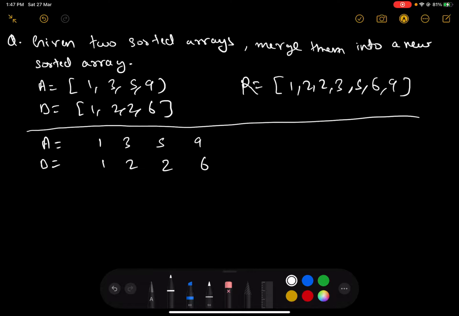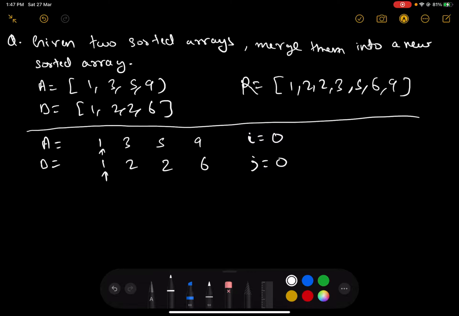I will establish two pointers. The first pointer will point at the first element of A, and the second pointer will point at the first element of B. Let's identify the first pointer as i equals 0 and the second pointer as j equals 0.